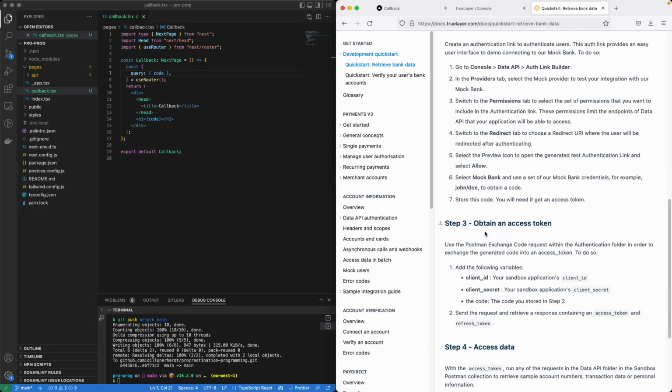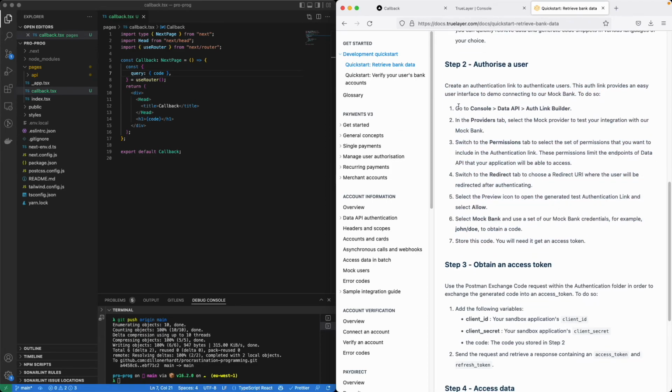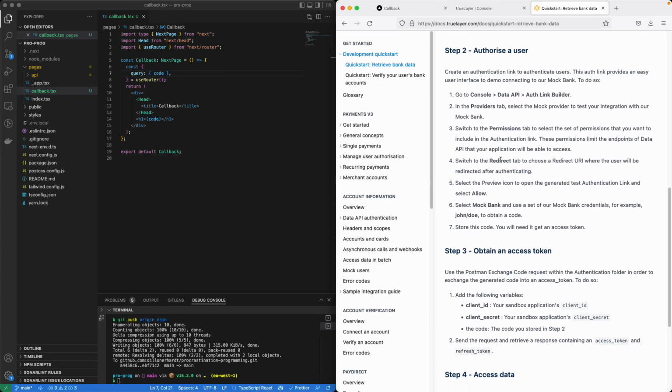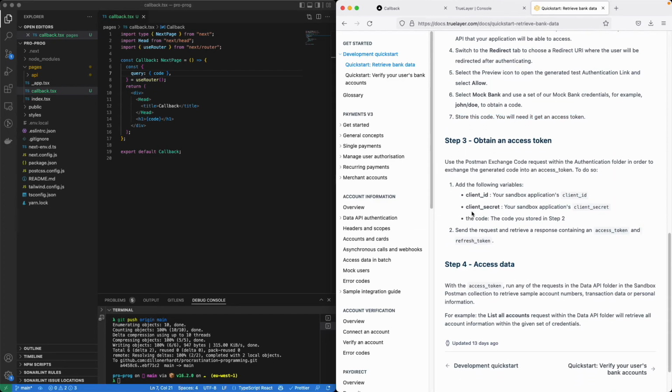Okay, so here's the thing that we were looking for. So this is the first step that we did, where we go through, we get redirected back. Store this code. Okay, so yeah, this is the consent code from the user, and then we have to